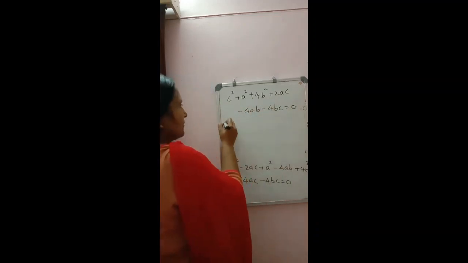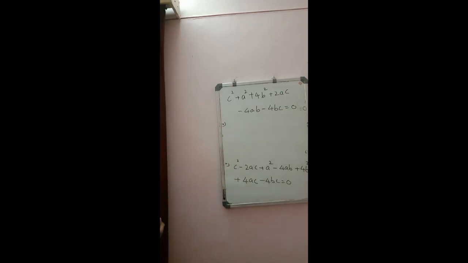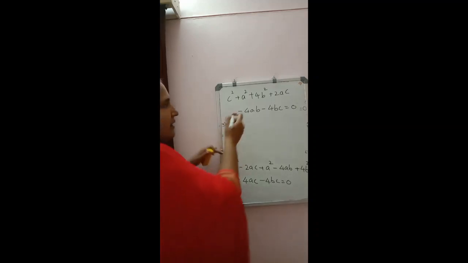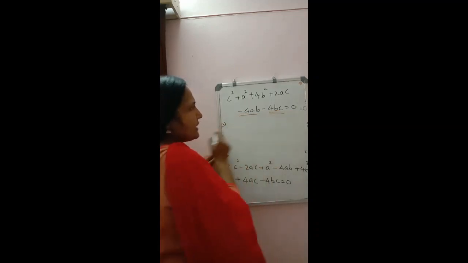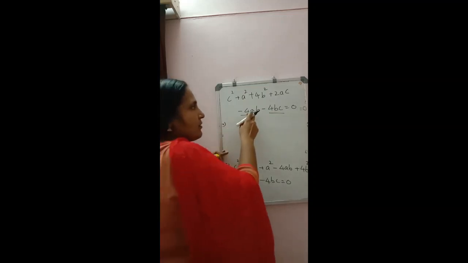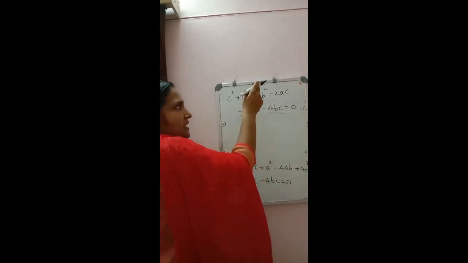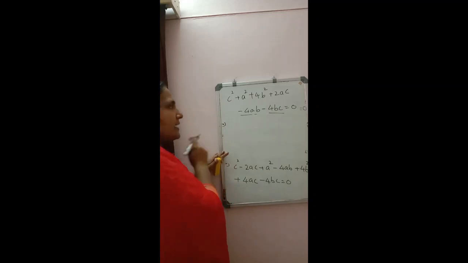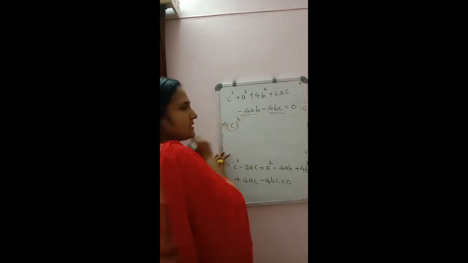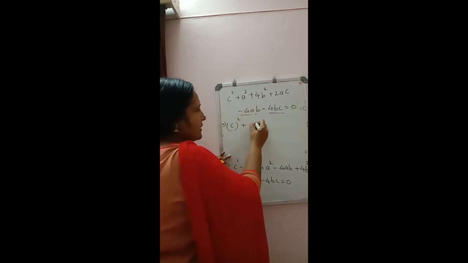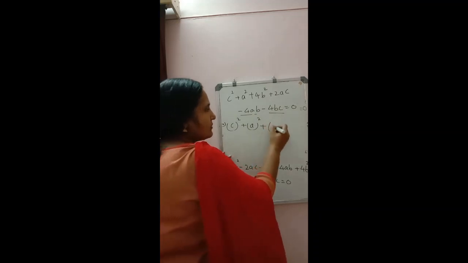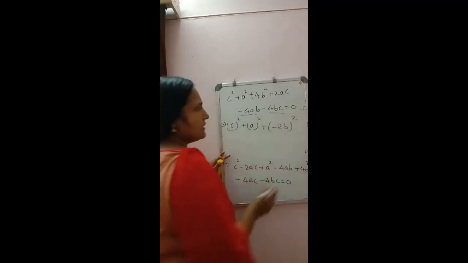is equal to 0. Three terms, three squares, we are getting only in one identity, that is (a plus b plus c) the whole square. So we can rearrange this one. To check which expression will be negative, you can just check the common alphabet there. The common alphabet is b. So the expression in which b is coming, that one will be negative. So c square can be written as c the whole square, plus a square can be written as a the whole square, plus, when you write 4b square, you write minus 2b the whole square.